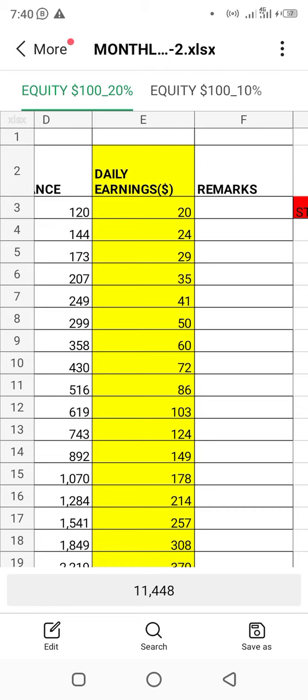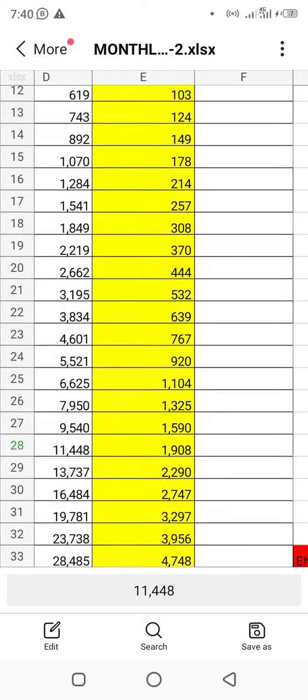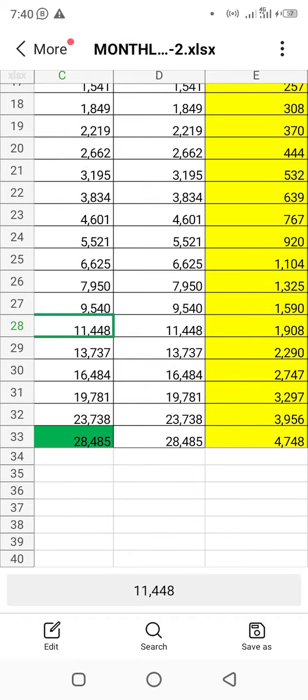But this is going to last for 30 days. So I want to encourage you, if you know you have the equity, $100, you can roll in, go and fund your account. Let's do this together. 30 days, 31 days, you're already in millions. You're already counting your millions. Look at it at day 31. You are already at